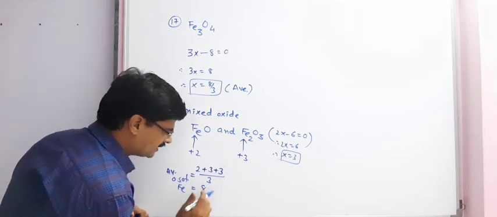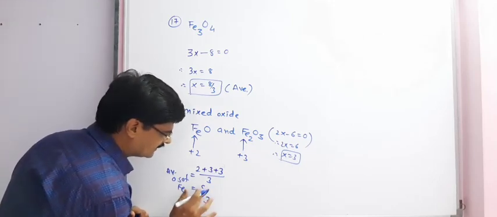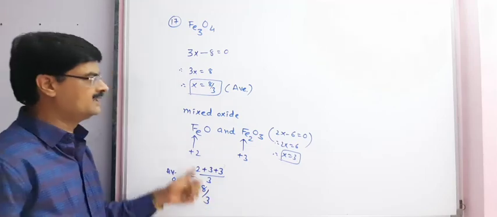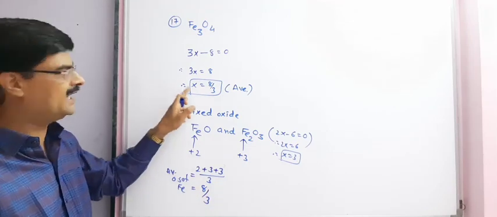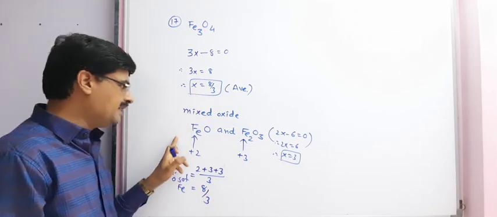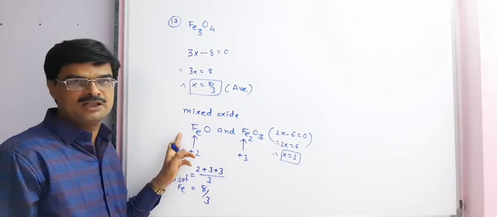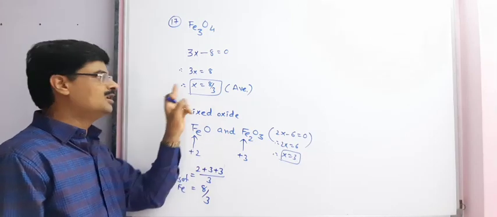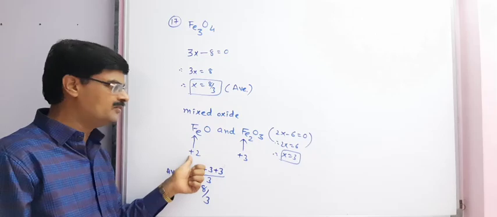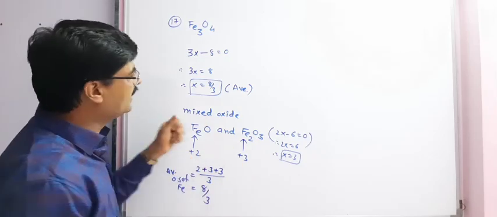But as I mentioned, this is not the right answer for the actual state. This is the average. So if the average is asked, write down 8 by 3. But if it is asked to find the oxidation state of iron in Fe3O4, don't write this answer. The answer will be 2 and 3. Same way,